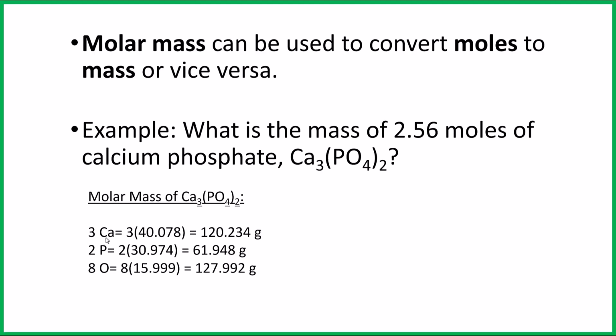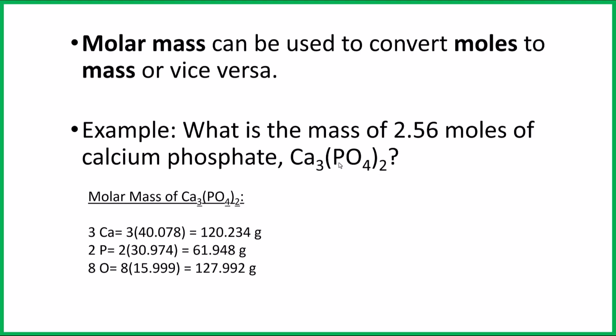So we have 3 calcium atoms, 3 at 40.078. This came from the periodic table. And we've got 2 phosphorus, 2 times 30.974, again from the periodic table, and 8 oxygen atoms. 8 times 15.999 gives us 127.992. And again, remember that we calculated this by saying that there are 2 phosphorus atoms here because the subscript